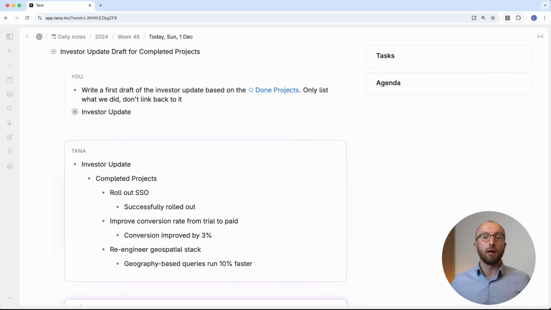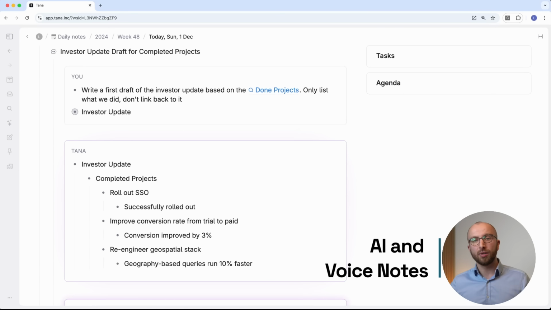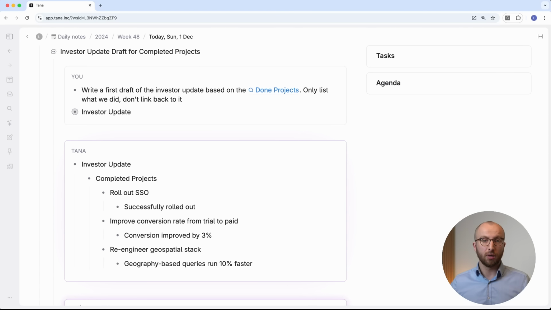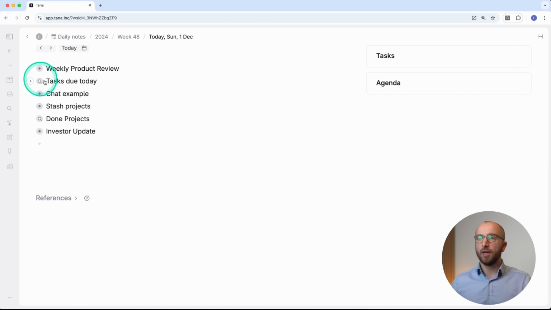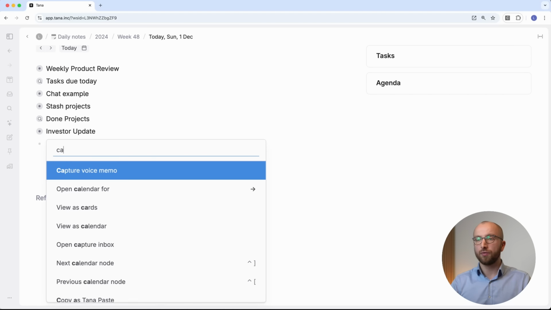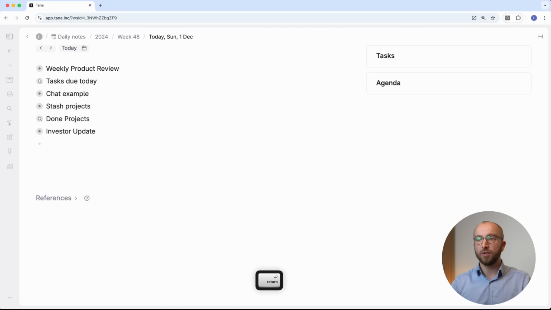The possibilities really are endless. The cool thing is that Tana can do this, but it also can help you do the reverse, right? Instead of summarizing things, it can create new items and tag them automatically using AI. So you can dictate, for example, directly into Tana by using the capture voice note command. So if I go in here and I hit Command K and search for capture voice memo, and then I